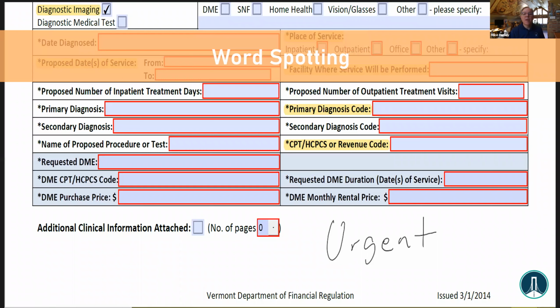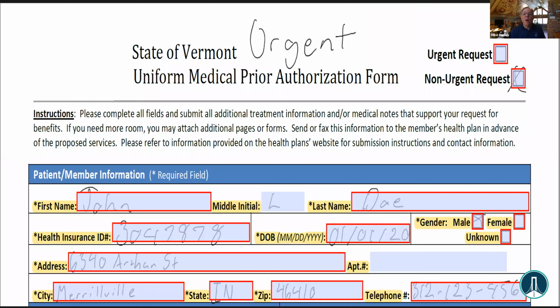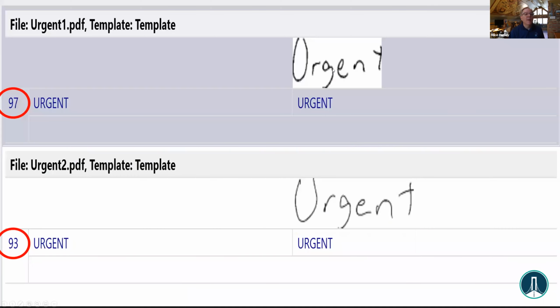We can also do things like read words on a page. So I might want to spot that word urgent on the page, whether it's on the top or bottom, with a high degree of confidence, because even if, as in this case, the person who filled out the form clicked non-urgent, they wrote urgent on it. I want to make sure I identify that. You can see that these red circles here identify it with a very high degree of accuracy, even though we didn't know where it would be on the page.